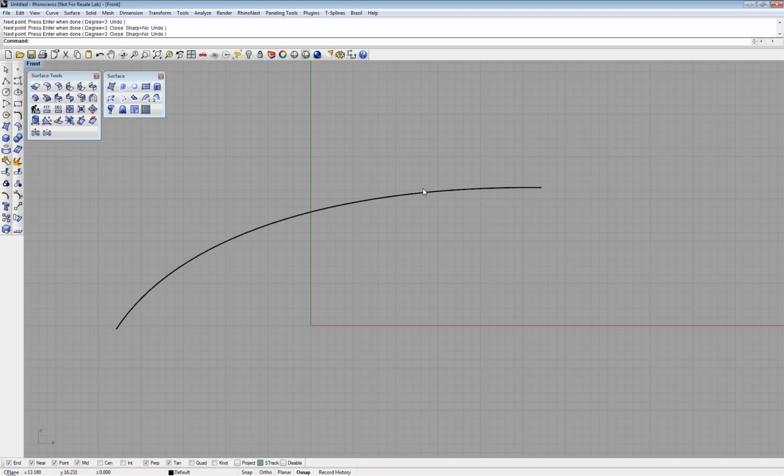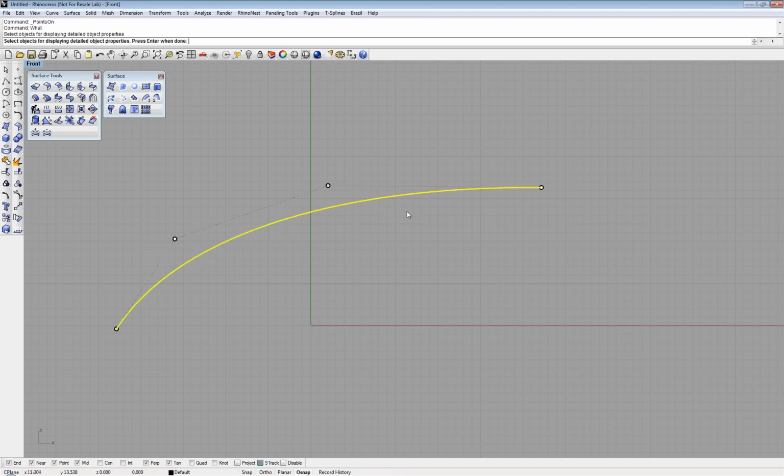And I'll end that curve. Now if I turn on the control point structure for it with the F10 key, you'll see that there are 4 control points. If I run the what command and select this curve and press enter,